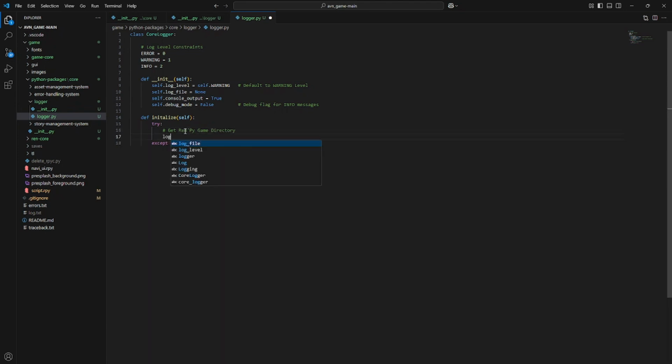Whatever directory that you have. So log directory is equal to os.path.join renpy.config.gamedir, which is short for game directory, and logs. Next, we're going to create a logs directory